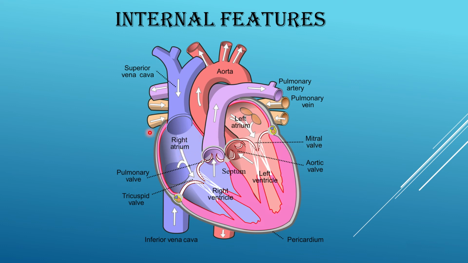So when the blood enters the atrium through the respective veins, and when the chordae tendineae relax, it allows the blood to enter into the ventricle. These chordae tendineae relax as the walls of the ventricles also relax. So it allows the blood to flow into the ventricles. Now when the walls of the ventricles contract, these chordae tendineae will be tightened, so it will push the blood to enter into the respective blood vessels.